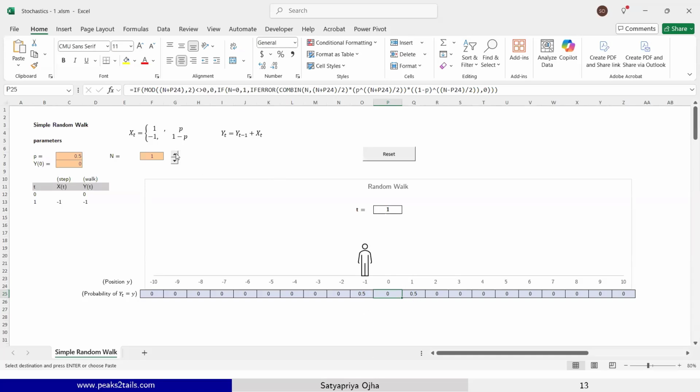Okay, so this is my distribution. After 2 time steps, after 2 days, you could be at -2, at 0, or at 2. These are the values that have probabilities. -2 has a probability of 0.25, plus 2 has a probability of 0.25, and 0 has a probability of 0.5. Why is it double? Because remember, 2 times p times 1 minus p, which is 2 times 0.5 times 0.5. Okay, this is the distribution. Is it making sense? I think so.